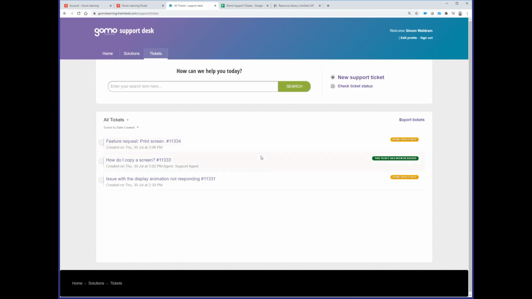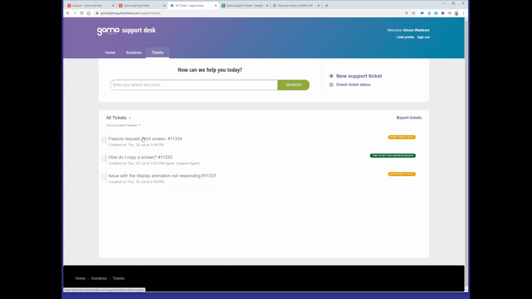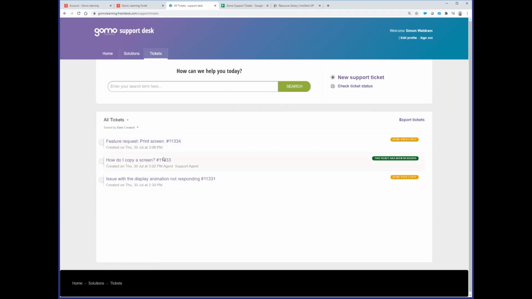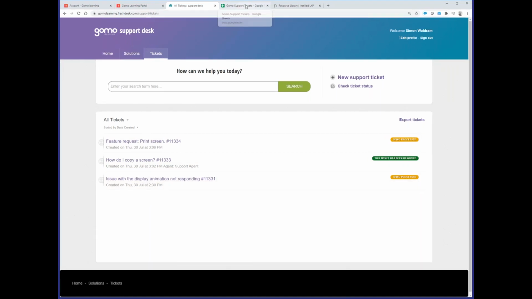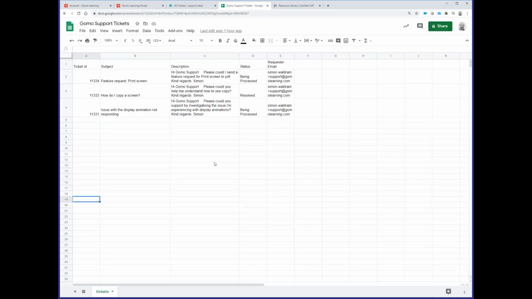And one of the new features as well here, just whilst we're on this view, is we now have the ability to export the tickets. So as we can see, we have one of each variant here where we've got a question, an issue, and a feature request. We can not only filter, we can export the ticket and it will give you either a CSV or an Excel file format. So we can see here, I've just exported it and